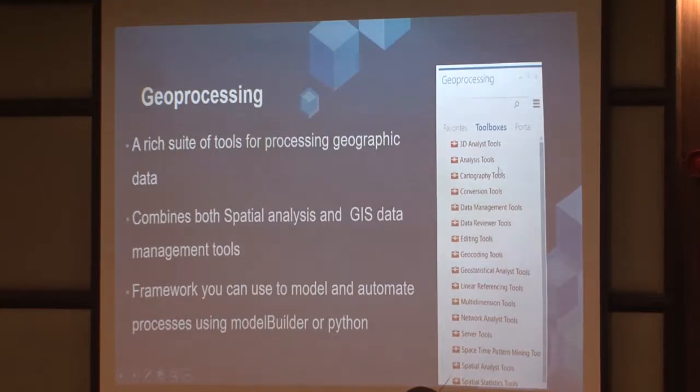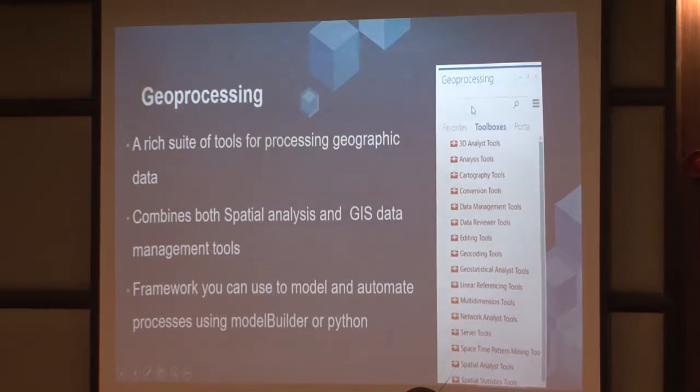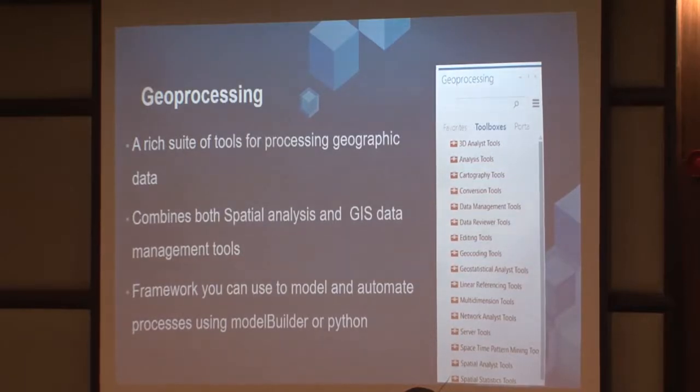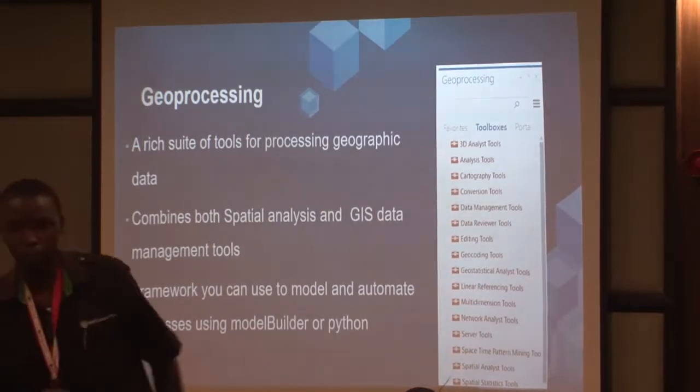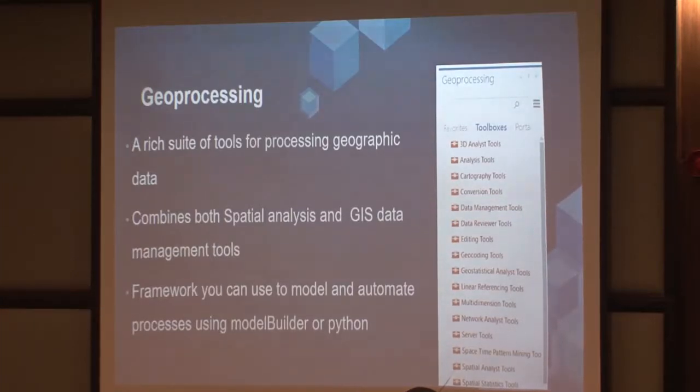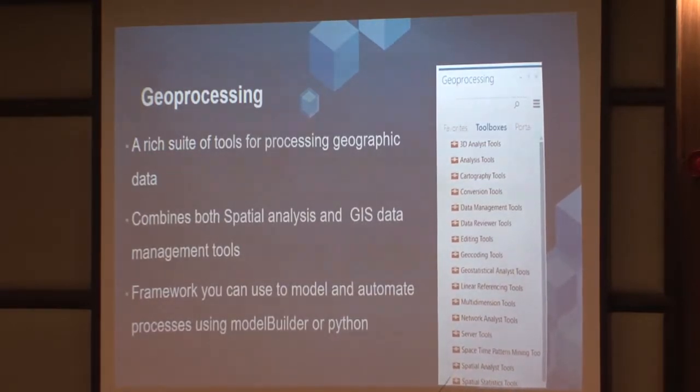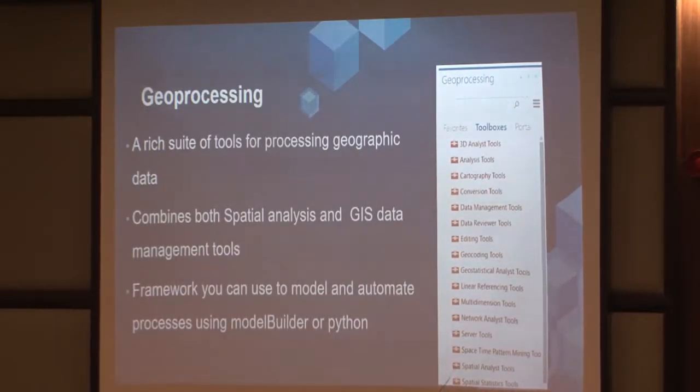same manner. The beautiful thing is that with ArcGIS Pro, if you're not so sure of the spelling of the tool that you're looking for, you just need to type the first few letters, and then it gives you a list of the possible tools that you could be looking for. Like in ArcMap, if you're using a search tool, you have to be very sure with the spelling. If you spell it incorrectly, it just tells you that that tool is not available. But within a geoprocessing tab, it actually gives you the list of possible tools that you could be interested